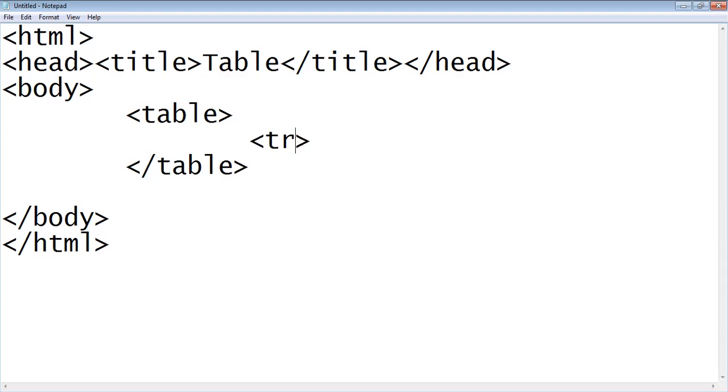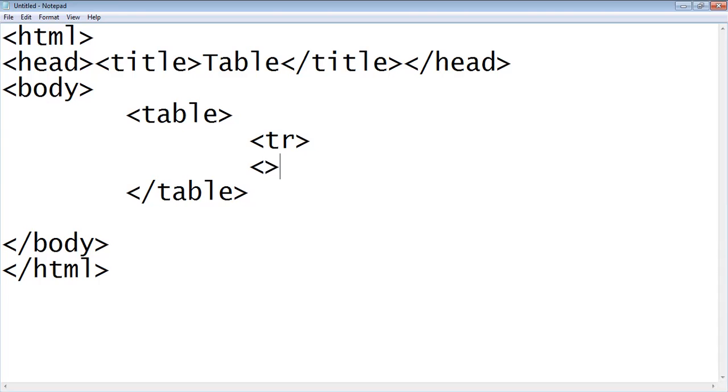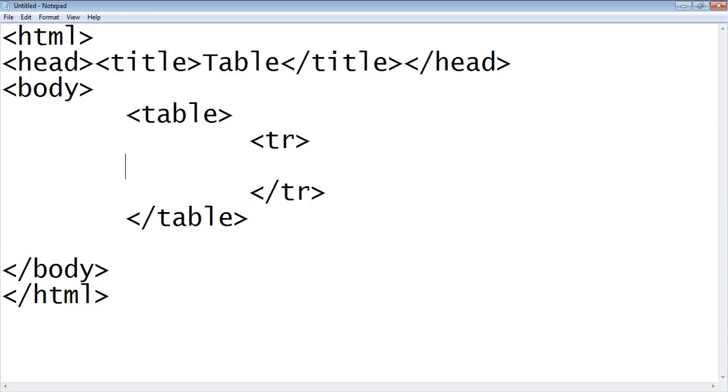And inside the table, we will take table row and table column. So here we will take a table row. Suppose we want to create a table with 3 rows and 3 columns. So we will need 3 table rows, meaning TR, and inside each table row we will take 3 table data, and these table data work like the table columns. Again we close that table row, meaning all the tags which are open should be closed.